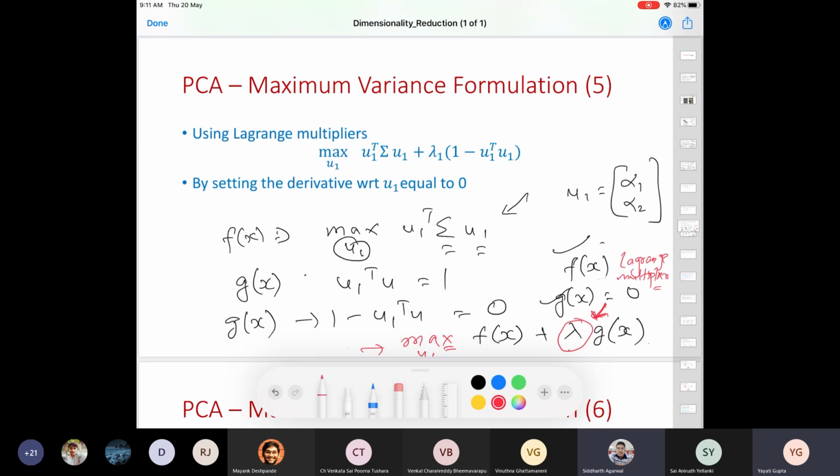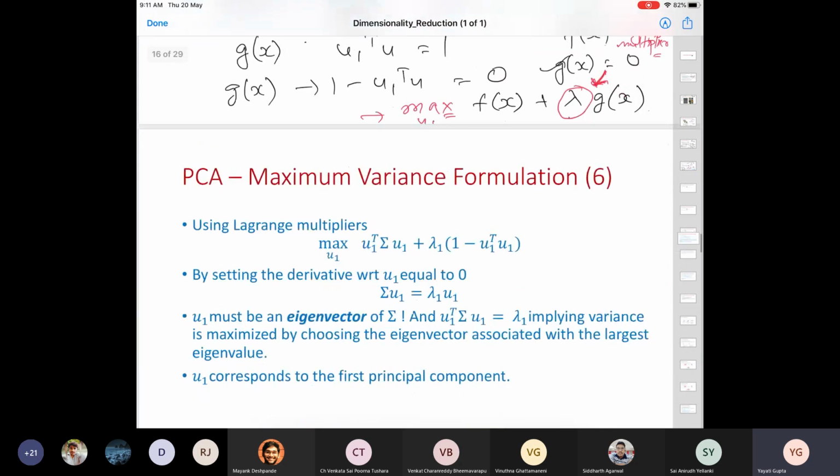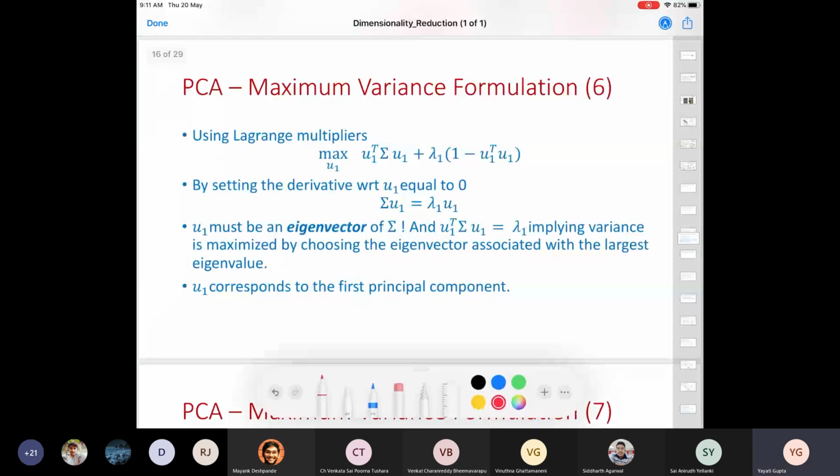Yeah, correct. So the same thing that we would do: we are interested in maximizing this equation with respect to the variable u1. So to maximize this, we will differentiate this with respect to u1. Let me go to the next slide. Let me call this whole equation J, and I'll be differentiating it with respect to u1.